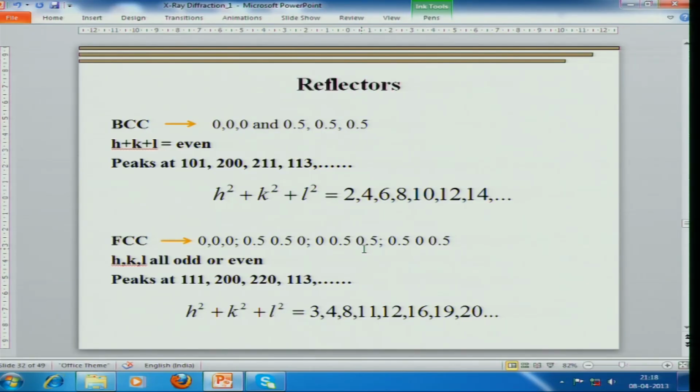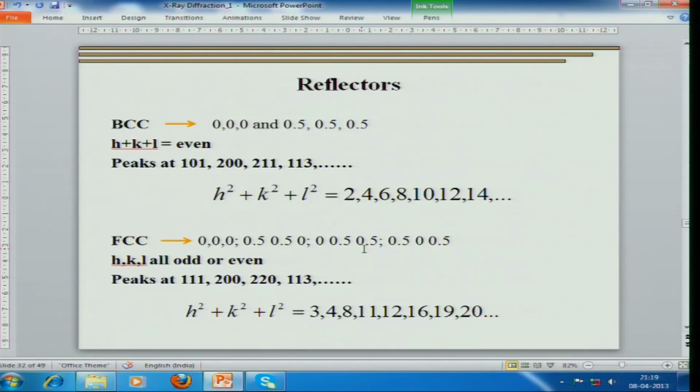However, when we come to BCC, we have 2 atoms per unit cell, which are located at 0, 0, 0 and 0.5, 0.5, 0.5, right at the center of the cube. Therefore, we get a condition that diffraction occurs only when h square plus k square plus l square is even, that is 2, 4, 6, 8, 10 or 12. Put in other words, it essentially means that diffraction occurs only for peaks wherein h plus k plus l is even, and we do get diffraction for 110,